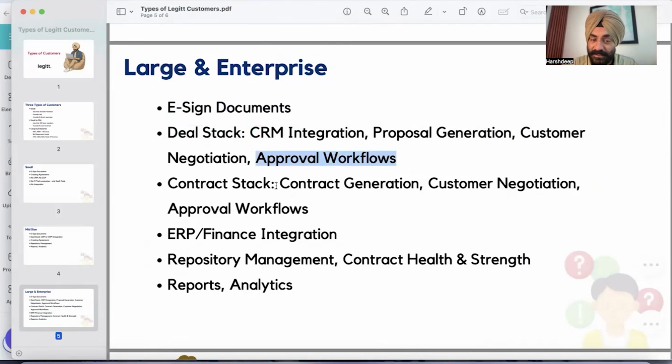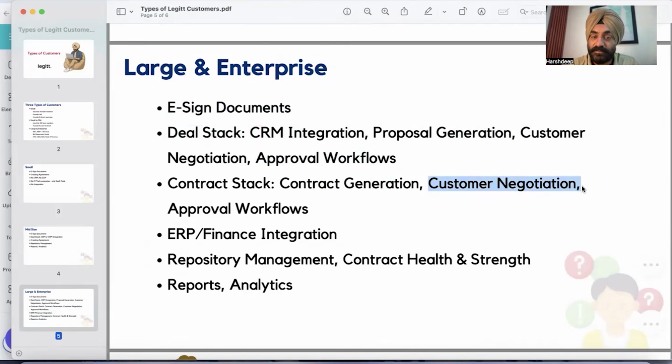Then on the contract stack side, contract generation. I mean, there are various methods. You can use company templates. We can custom train the AI for you on your past data, on your templates. Then customer negotiations happen on the platform. We create a deal room for every deal that is happening.